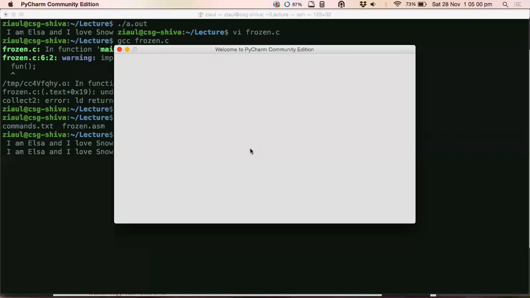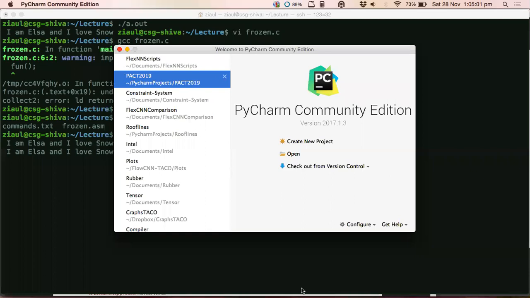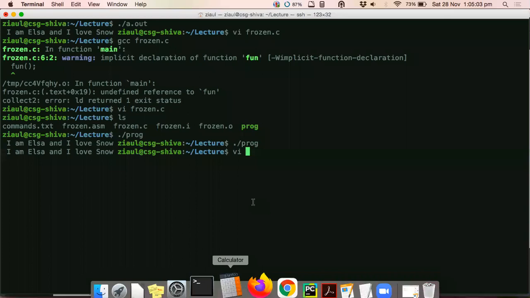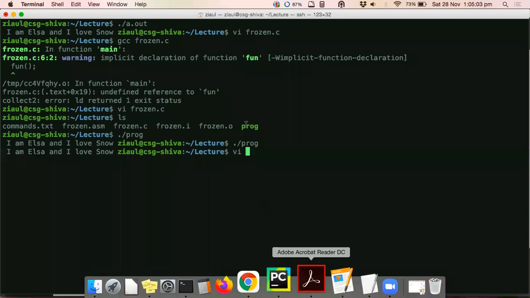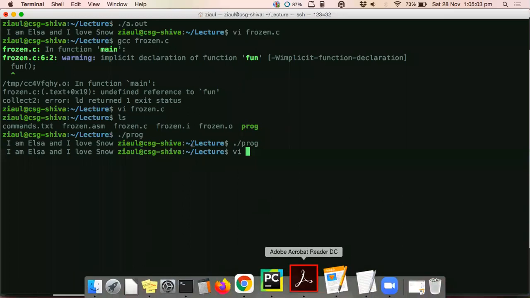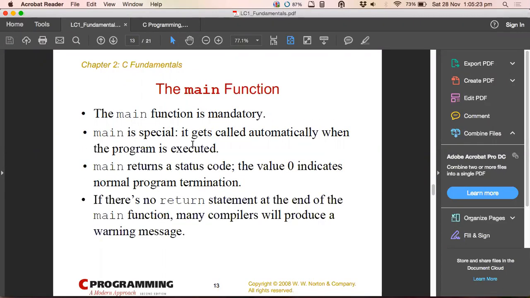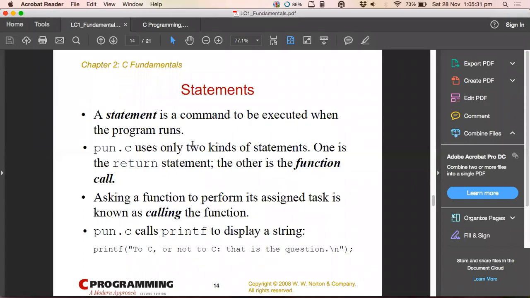Yeah, so that's an IDE. Directives is that include thing. It is at the very beginning. I've explained it in a lot of detail. Remember that a directive always starts with a hash. Everything with a hash is processed by the preprocessor. Main function, I've said what a main function is. Finally, in the last 5 minutes, I will explain what the return in the main statement is about.